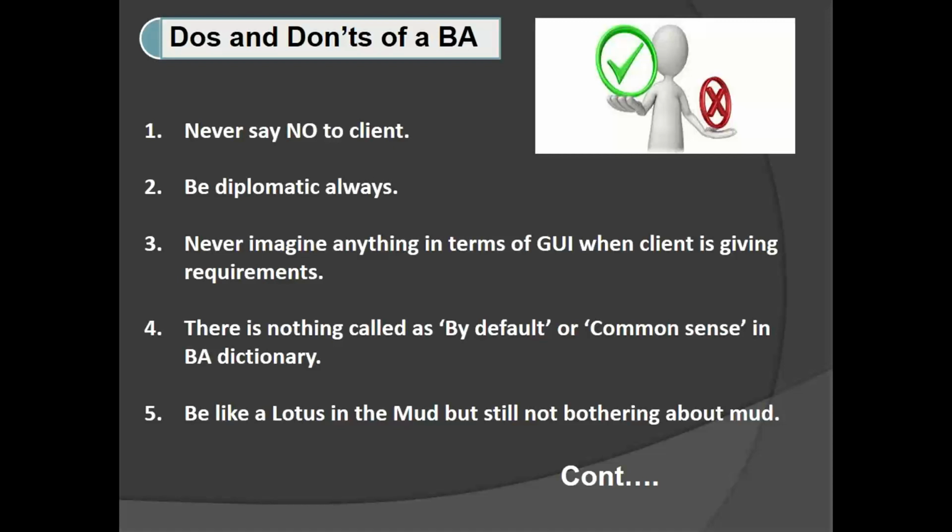Then the fifth one is be like a lotus in the mud, but still not bothering about the mud. That means if you see a lotus flower, it looks beautiful. If you keep on observing that, it looks beautiful. But if you divert your observation and see around the lotus, there will be mud which looks ugly. Okay. In the same way, the BA job in the IT industry is just like a white collar job. Okay. So you will be placed under the professional category,